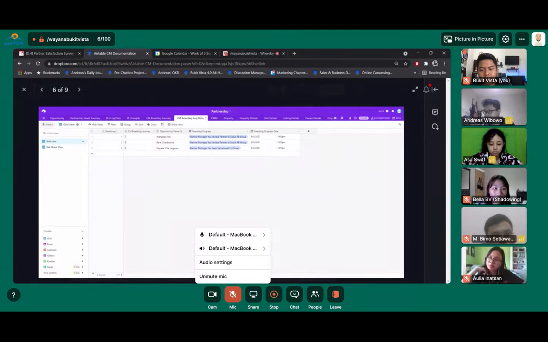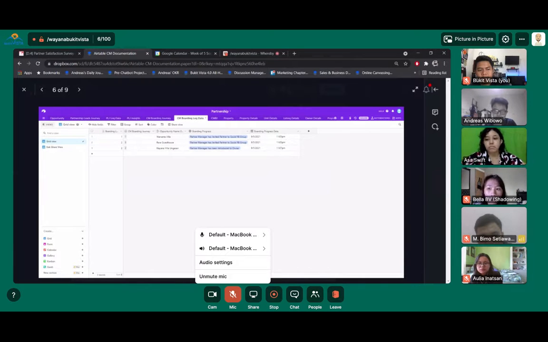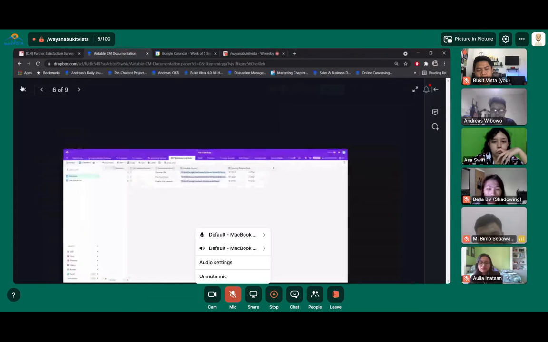So for example, you want to check whether a property has already passed a specific step or not. For that, you can check the CM boarding data for that specific property and check if there is no log on that specific step. If there's no log, then that means that the property hasn't done that step yet, basically. So that answers your question, right, Kasa?